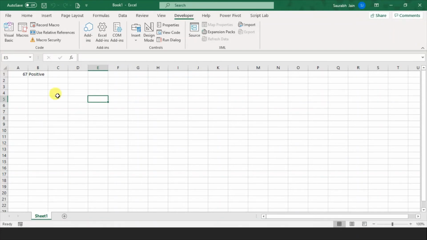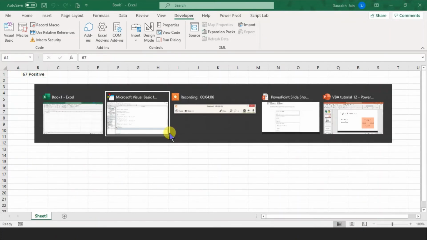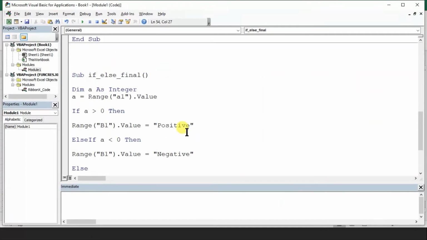So now what we did, whenever this A1 was positive, we changed B1, right? We can also change the value of A1, say color. How can we change? Let's make a new program with the same logic.